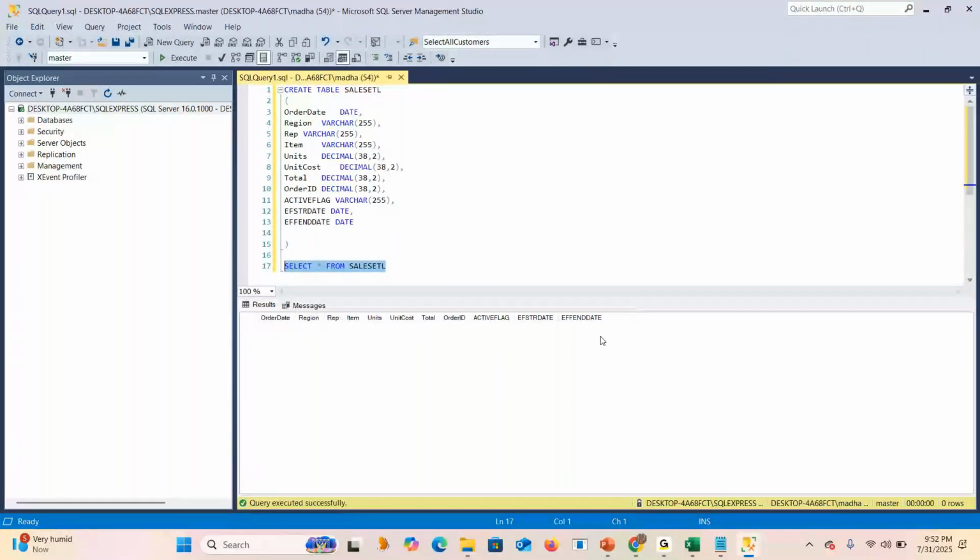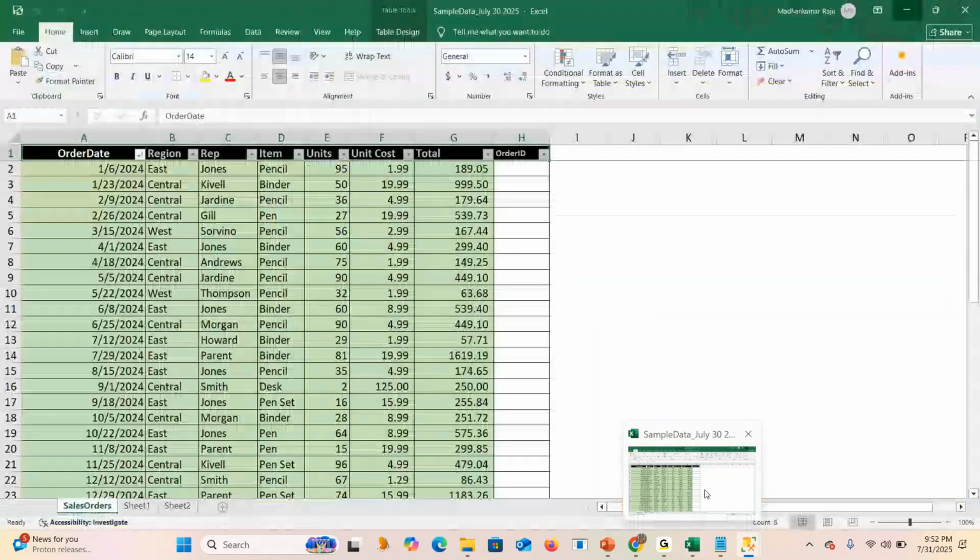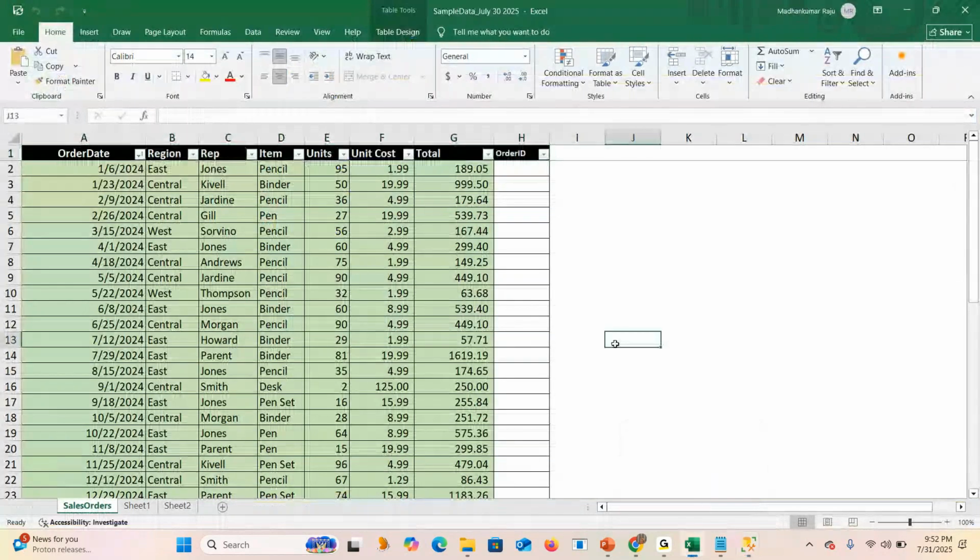What's the need for those columns? To maintain the data in the tables. Yes, to maintain the data, but we want to segregate each data, the versions of data. Suppose we have order ID as 1, 2.